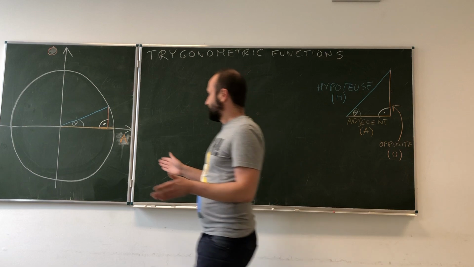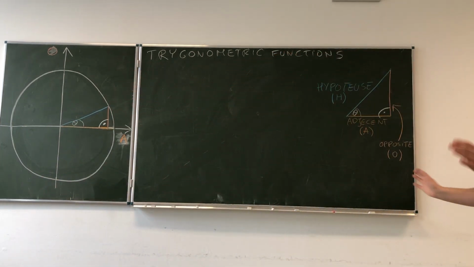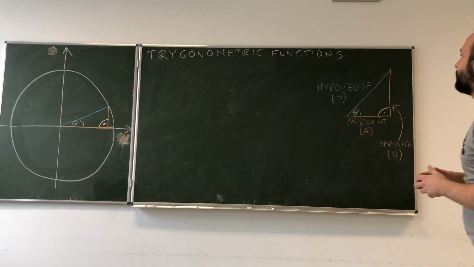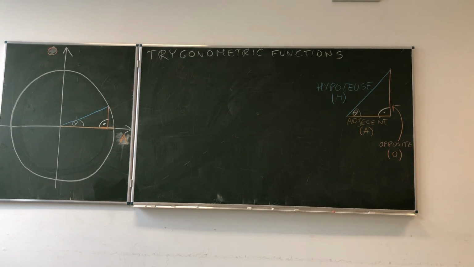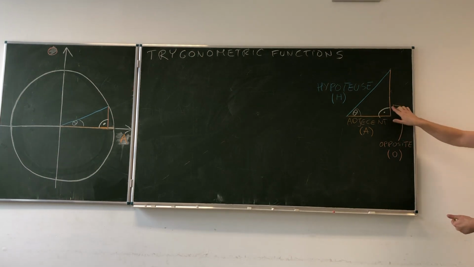First one is a circle. Imagine that this is a perfect circle. This is as good as I could get. This is why they are also called circular functions. And the second one is a right-angled triangle. A right-angled triangle is a triangle which has one